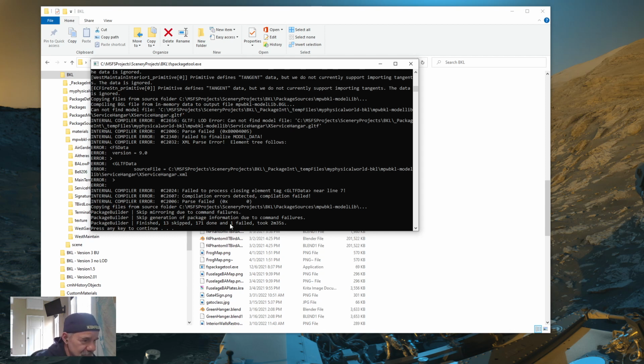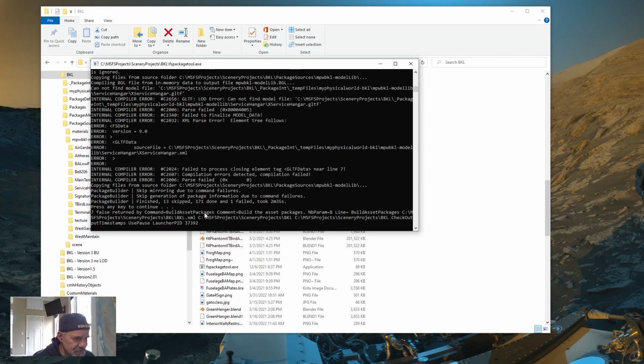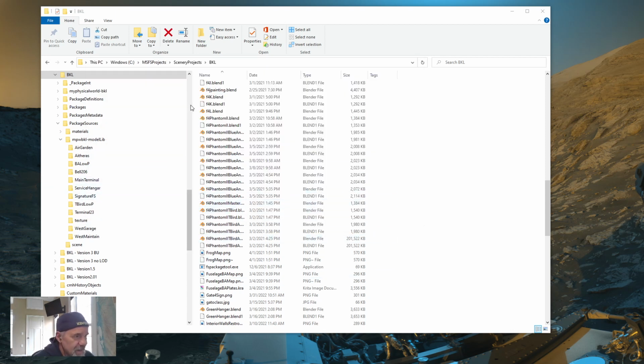Okay, so notice I have one fail right here, okay? And to be honest with you, it's probably not a detrimental error. It just means that I can't use an object. I won't have a model in my scene that is called X Service Hangar, all right? Which is just a user error that I made. So I'm going to fix that by getting out of this. It's going to shut that window down. And I'm going to go into my model lib directory